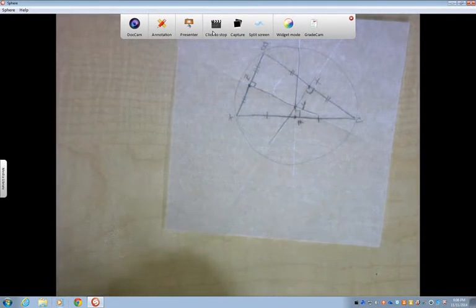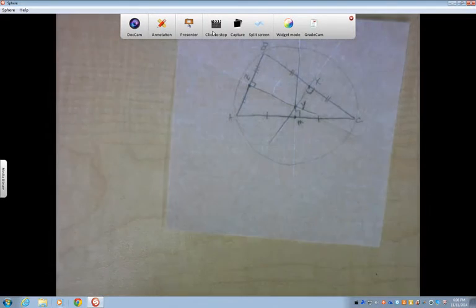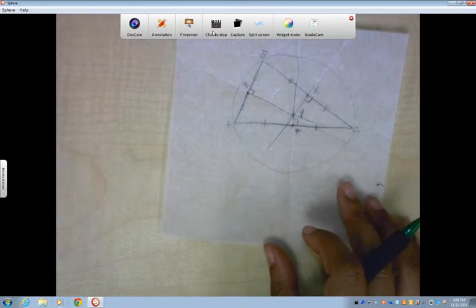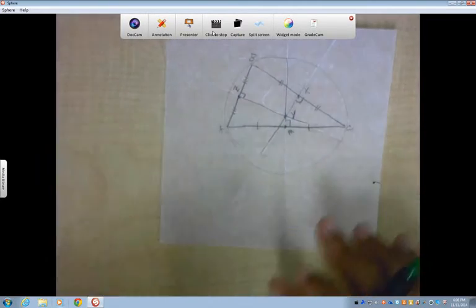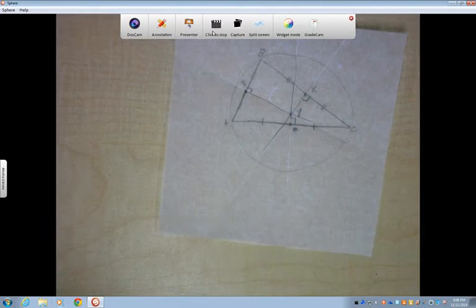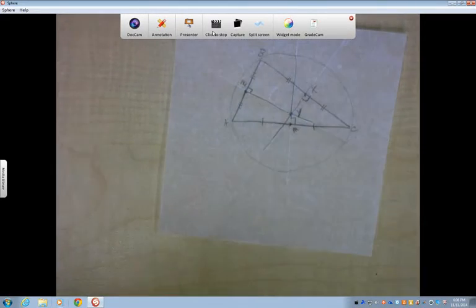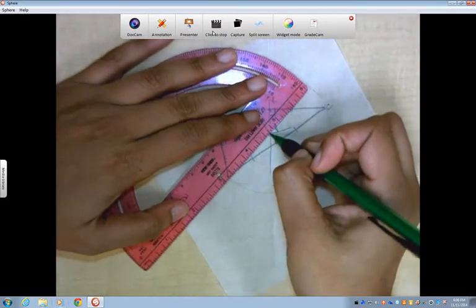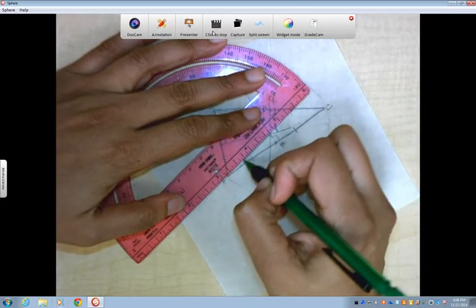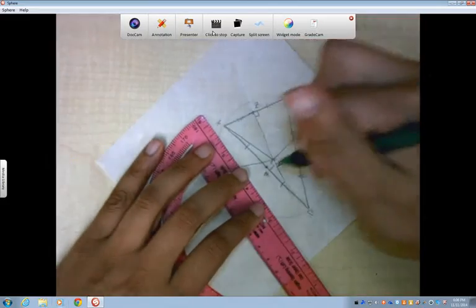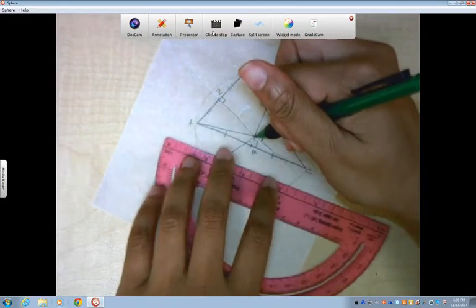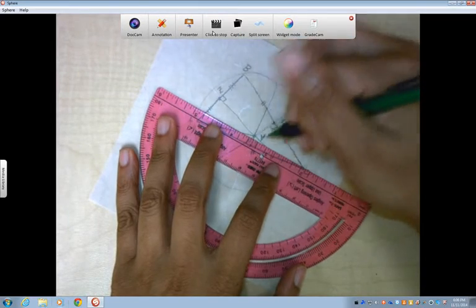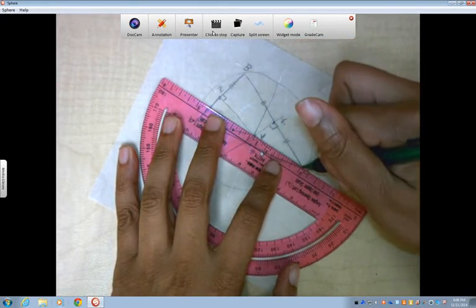There's a relationship that occurs with this, and I'm gonna try to do it on here. If I looked at the distance from the vertex to that circumcenter, so my Y is my circumcenter, if I looked at my distance from Y to the corner, to the vertex A, and then to the vertex C, and then to the vertex